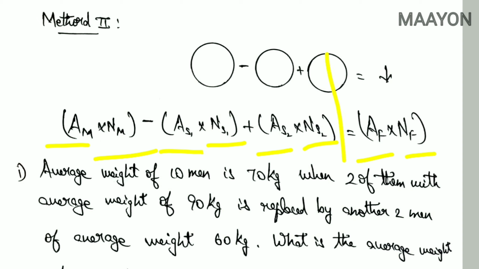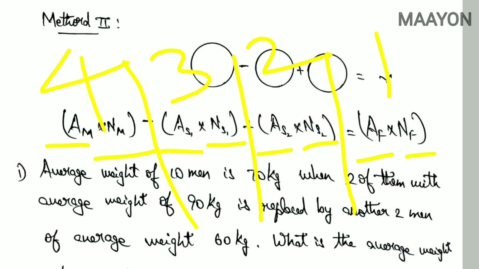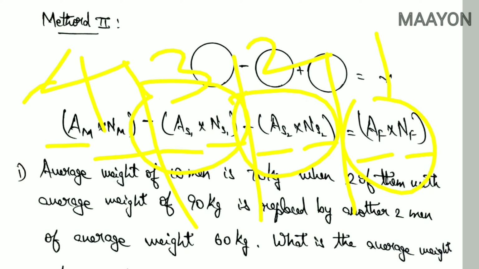The equation can be divided into 4 parts: Part 1, Part 2, Part 3 and Part 4, and there are 4 types of sums in this method. In each sum, each one of these parts will be made unknown and we have to find it. Let's see the first type.